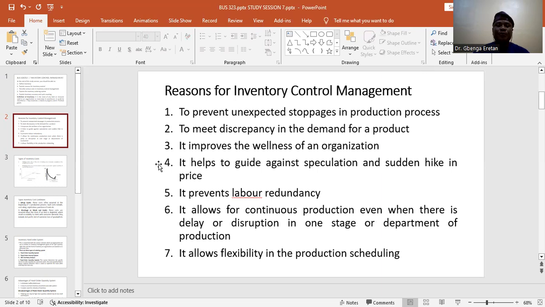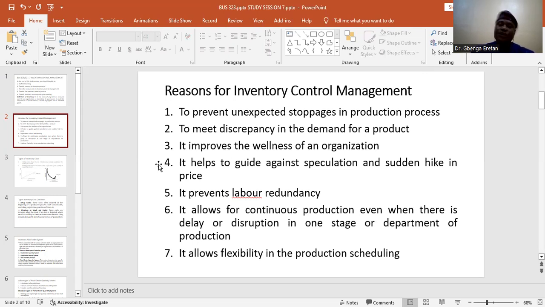Number 3, to improve the awareness of an organization. When an organization is able to properly manage the available stock of raw materials, work in progress, and finished goods, it goes a long way to determine the proper management of the inflow of funds into the organization. Number 4, it helps to guard against speculations and sudden hikes in price. When we are able to manage the available stock of raw materials and have them in stock, if there is scarcity in the market, we will not be affected because there is a proper plan which will guard against